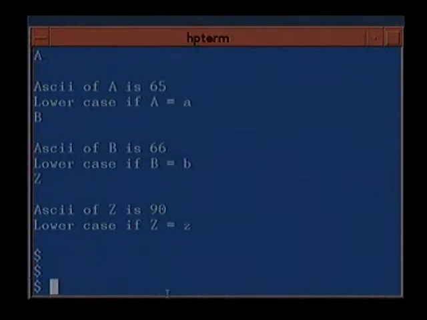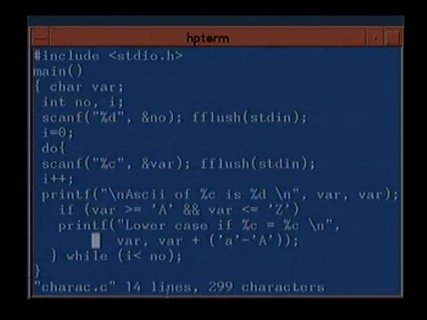So let us go back to the program. So at this point, how have we converted from uppercase to lowercase? We have seen the uppercase, suppose it's 65, and then we find the difference between the ASCII value of the lowercase. You can do a subtraction or addition, because subtraction and addition here will be done in terms of ASCII values. So you just find out the shift between the lowercase and the uppercase, and you just add it to the uppercase ASCII value, you automatically get the lowercase, provided you print it in %c format.